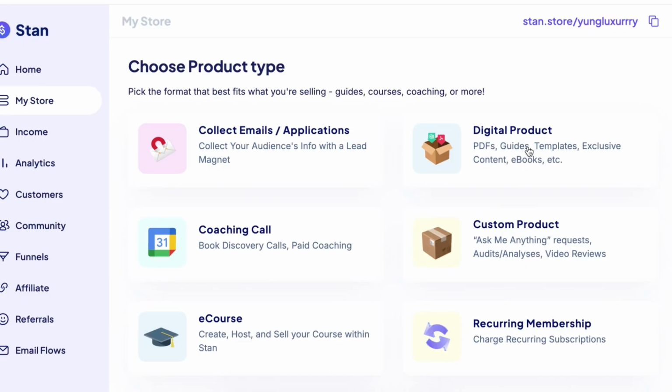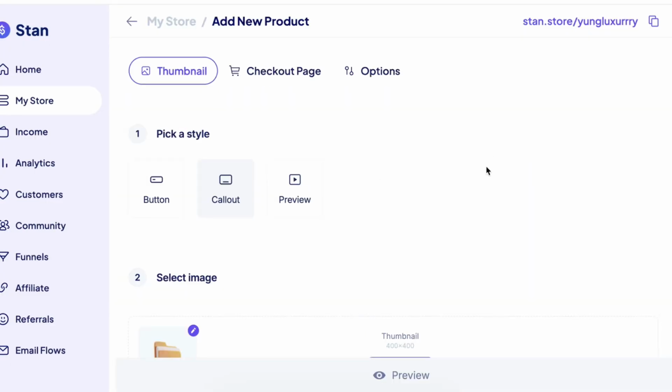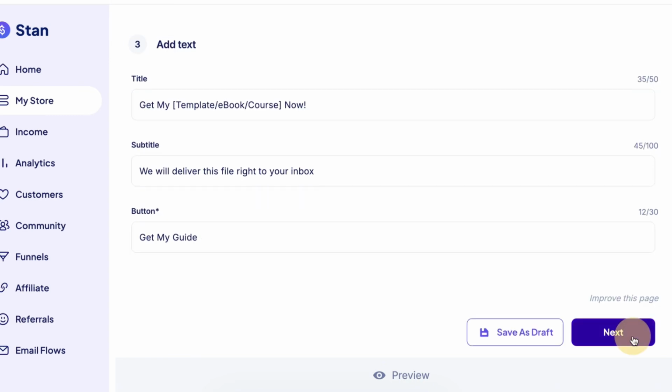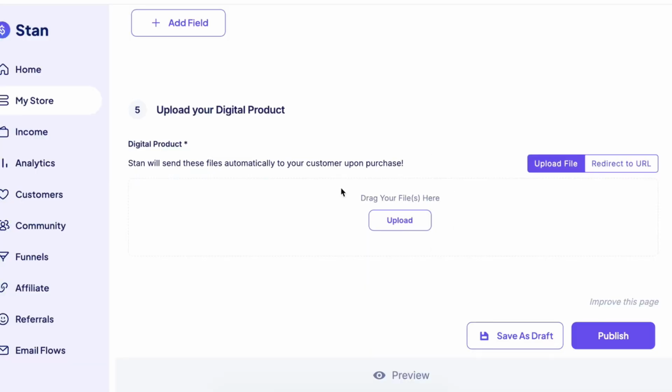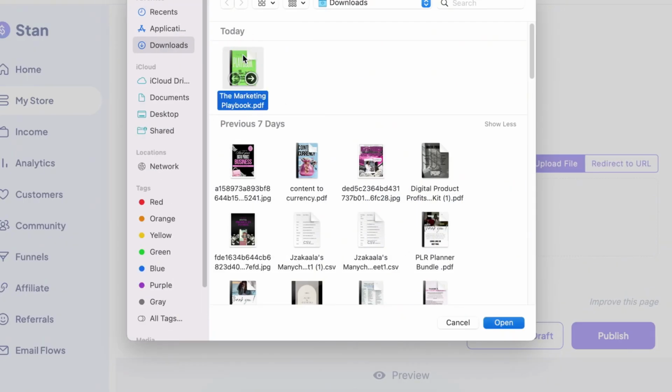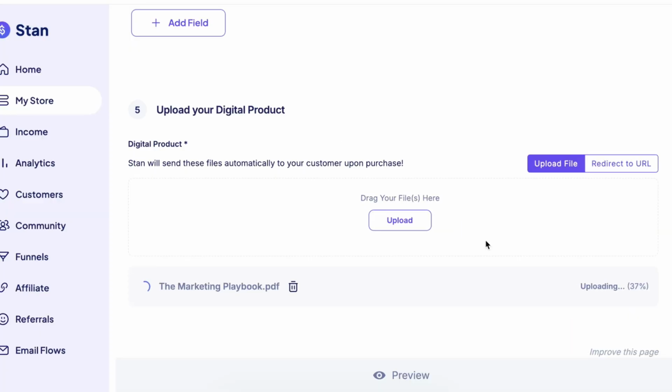So what you're going to do after you have this ebook, you're going to upload your ebook. Now, when you upload your ebook, like I said, it has to be a PDF format, okay? And if you're in my Creator Circle, I show you this step by step, but if not, it's okay. You want to make sure that after you leave Canva and you save it, it's a PDF, under the digital product tab in StanStore, you're going to upload this file into the StanStore, okay?